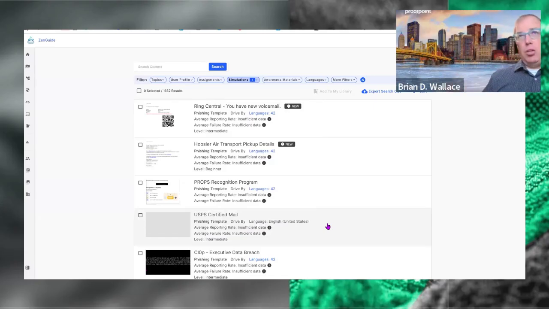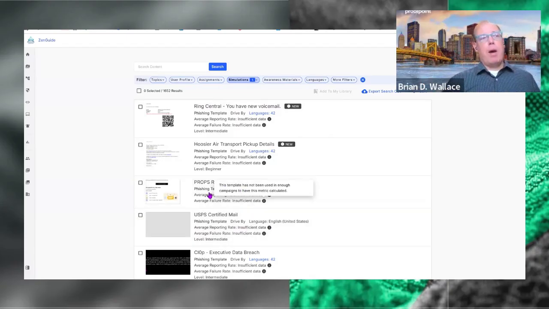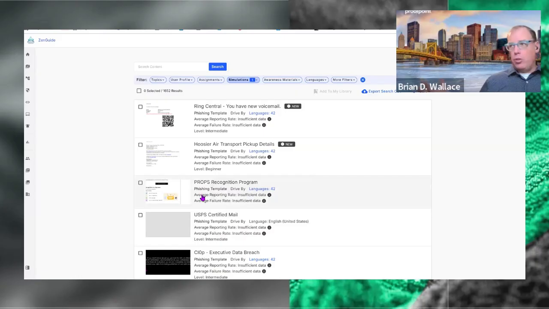Some of that may be US English, but it could also be other languages as well. Now, if you are an organization here that needs multiple languages, and let's say you want to choose this props one as an example, because there's 42 languages and all of your languages are covered within it. By the way, you can always click on that to see what languages are available.